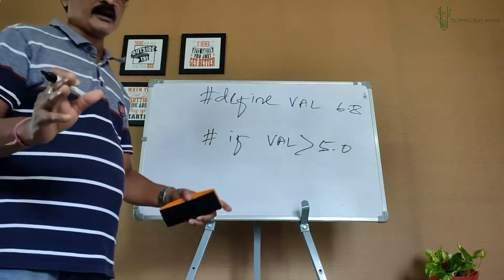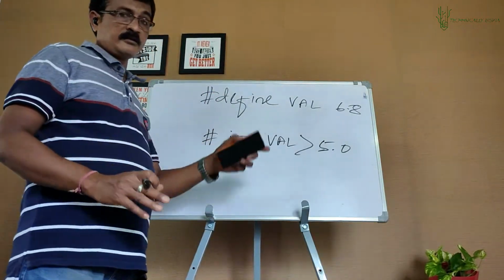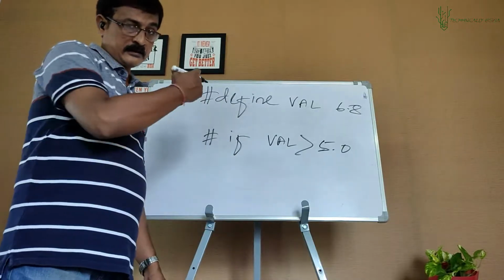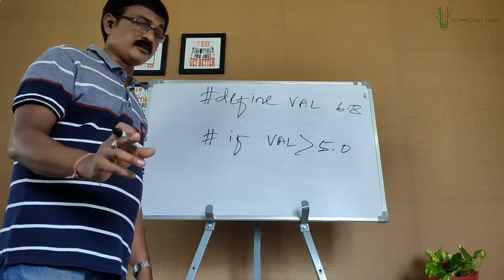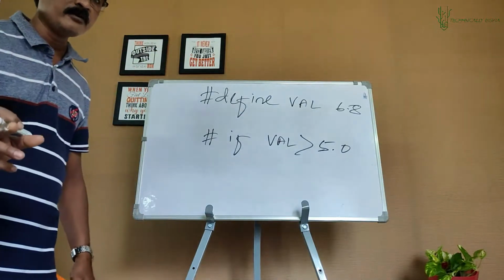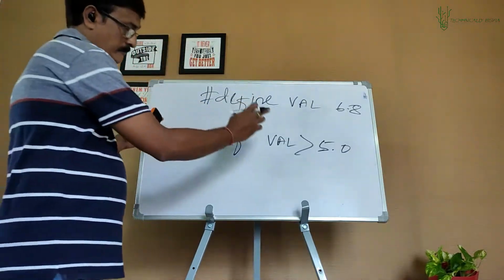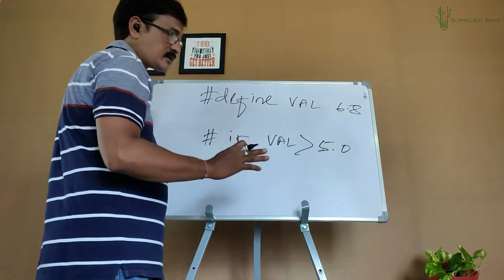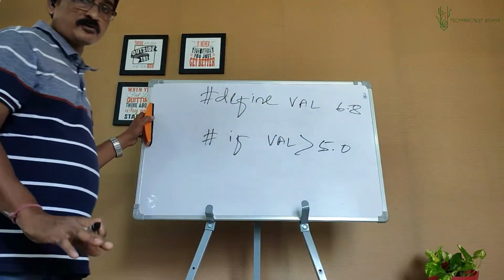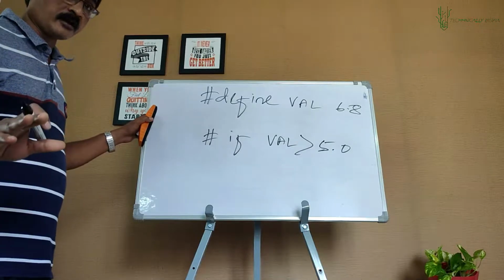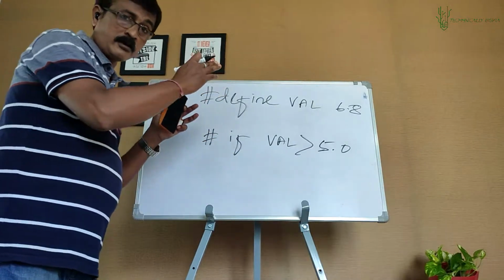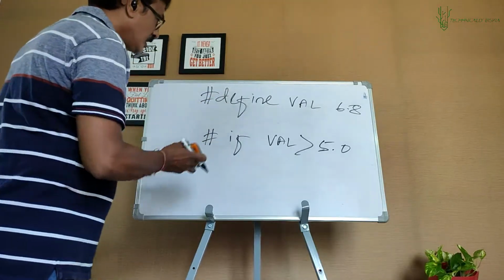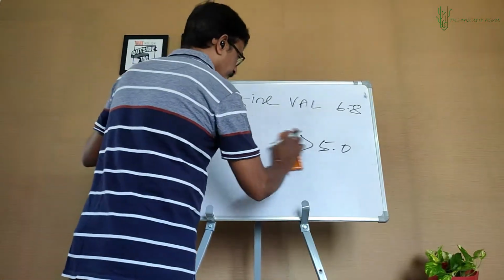This is never allowed in case of preprocessor. Preprocessor can only deal with integer constants. It will not be able to deal with floating point or double type constants. Here it's a double type constant which we have given normally. Alright, so be careful about this. Be careful about this kind of constants. Got this, I hope?